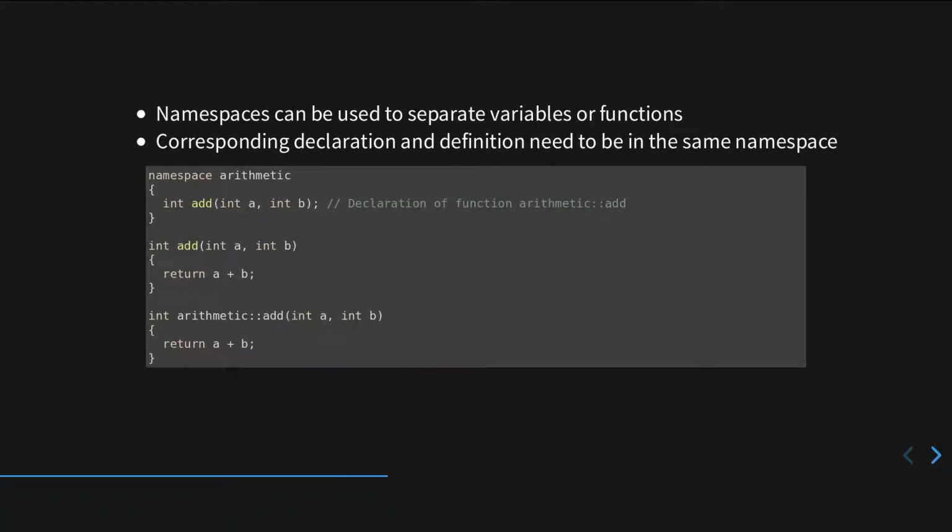Something important about declarations and definitions is that namespaces can be used to separate variables or functions that have the same name. This means that declarations and definitions need to be in the same namespace, otherwise they refer to different things. For example, at the top, we've declared a function add in the namespace arithmetic. At the bottom, we have defined a function add, but this is not the same add as the one in